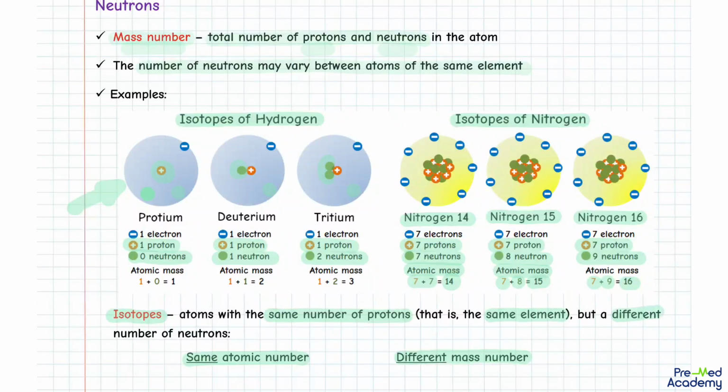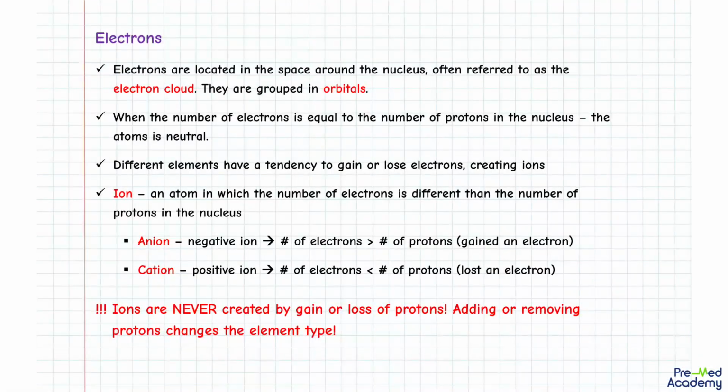Because they have a different number of neutrons, and the mass number consists of the total number of protons and neutrons in the nucleus. Now let's move on to electrons. Let me remind you that electrons are found in orbitals, not in the nucleus. They move around in the space around the nucleus, also known as the electron cloud. When the number of electrons is equal to the number of protons, we say that the atom is electrically neutral,